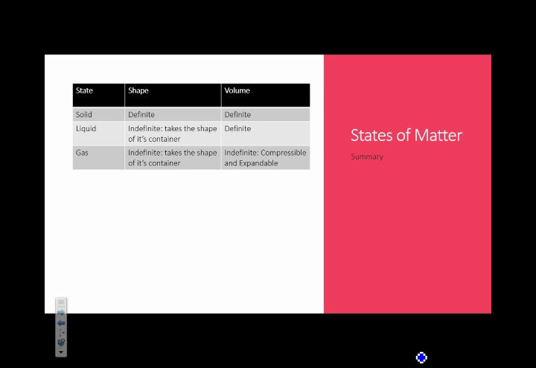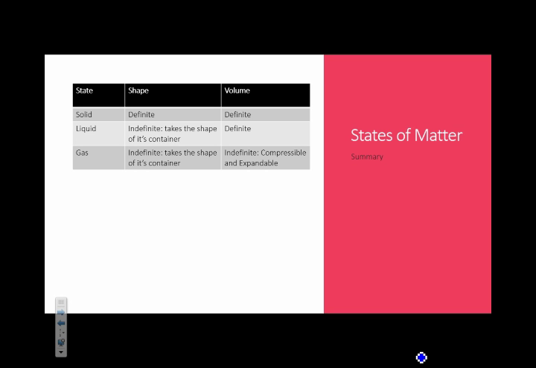A liquid, if you take some water and you pour it into a glass, and then you turn it over, where does the liquid go? Well, it runs out to cover whatever surface you've dumped it on, because it's out of your original container, and now it's taking the shape of the new container. Another way to think of it is if you had a round, circular glass versus a square glass, and you poured your liquid from your circle glass to your square glass, you go from having maybe a cylindrical shape to having a more cubical one. So we say that liquids have indefinite shape and that they take the shape of their container.